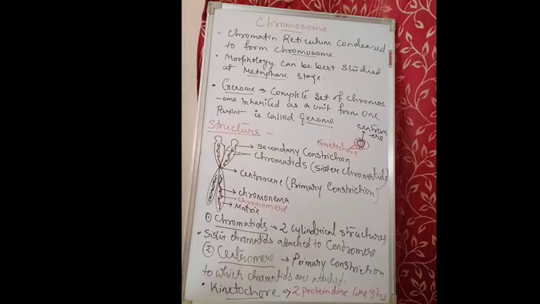Now the chromosomes may vary in number. As you know, the human consists of 46 chromosomes, and a gamete consists of half the number, which is 23. If a cell consists of the full set of chromosomes, we call it diploid. A gamete consists of half the number of chromosomes from one parent, and the other parent gives the other half. So this is known as haploid. That means a gamete is always haploid, and in the human body it is the full set of chromosomes, which is known as diploid.